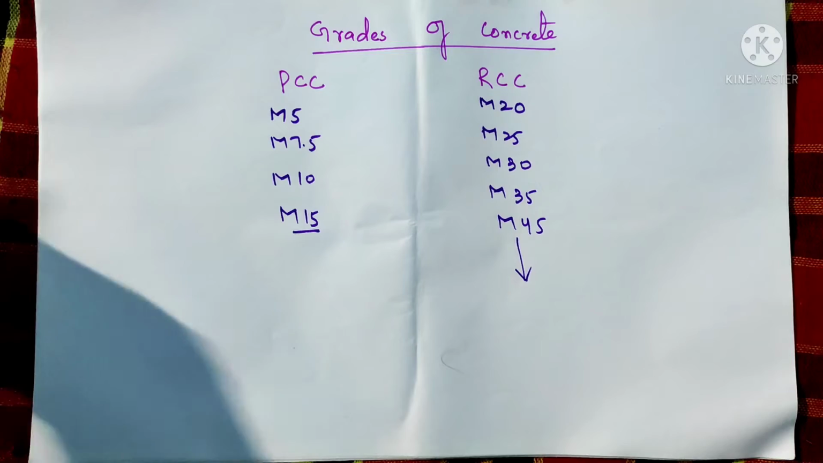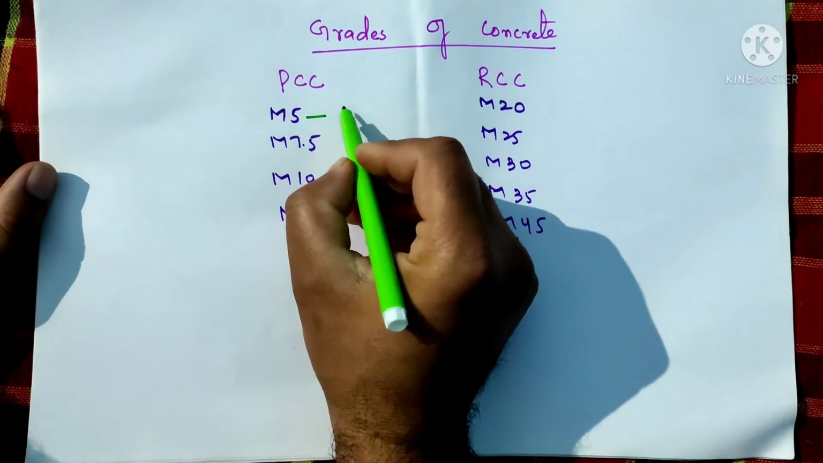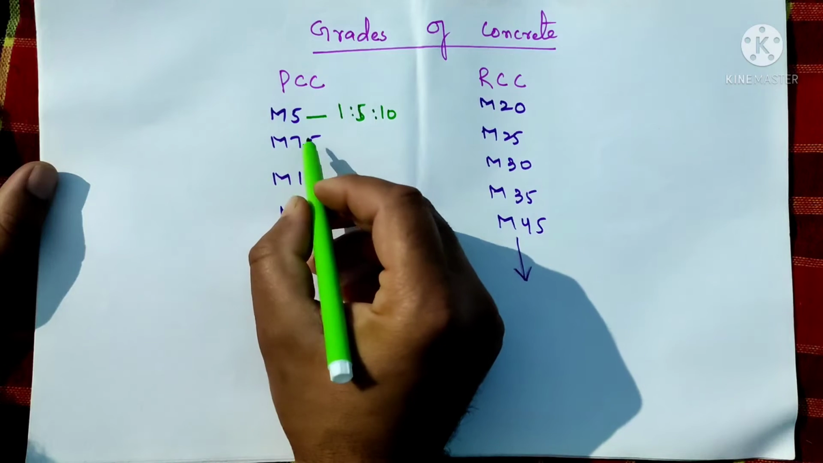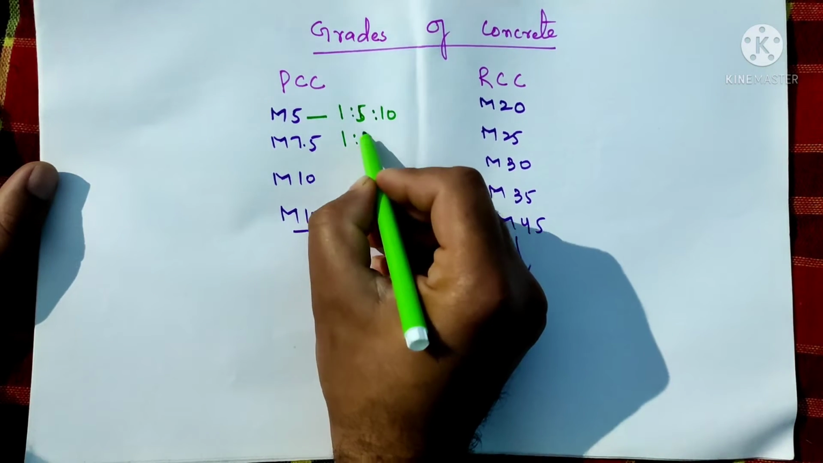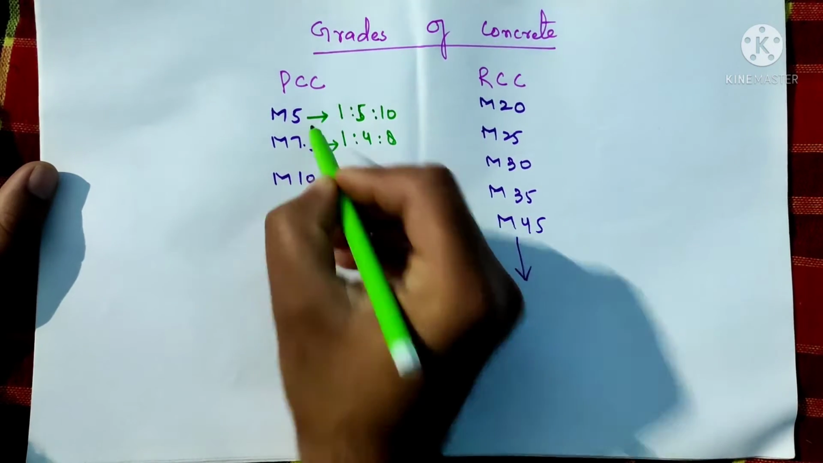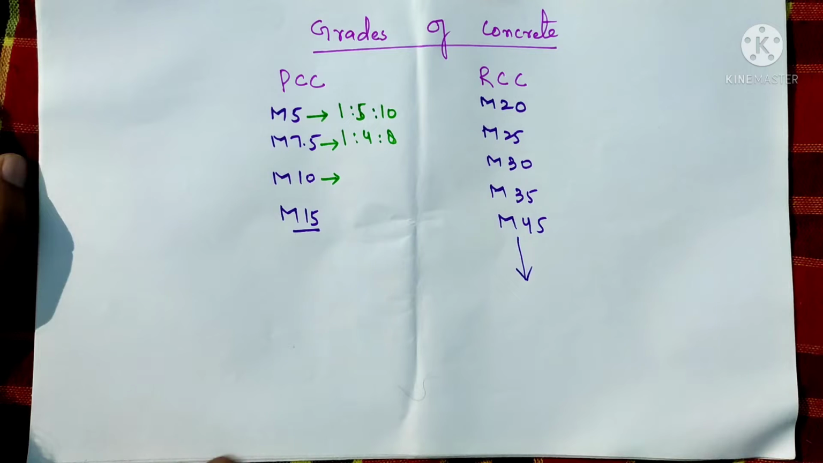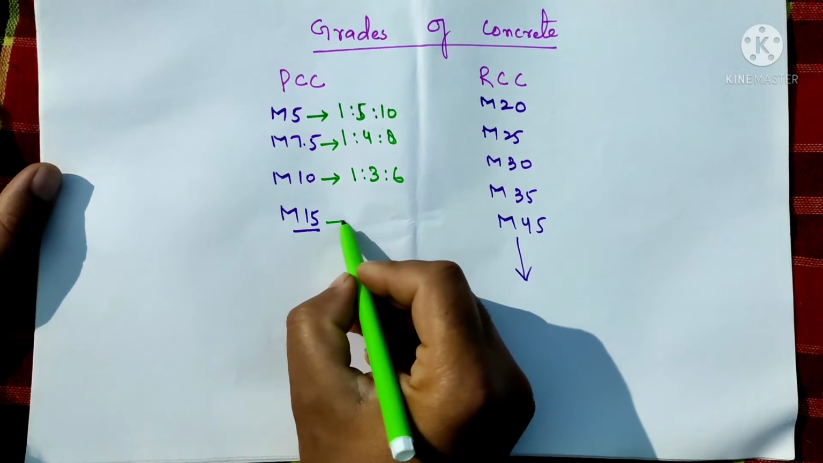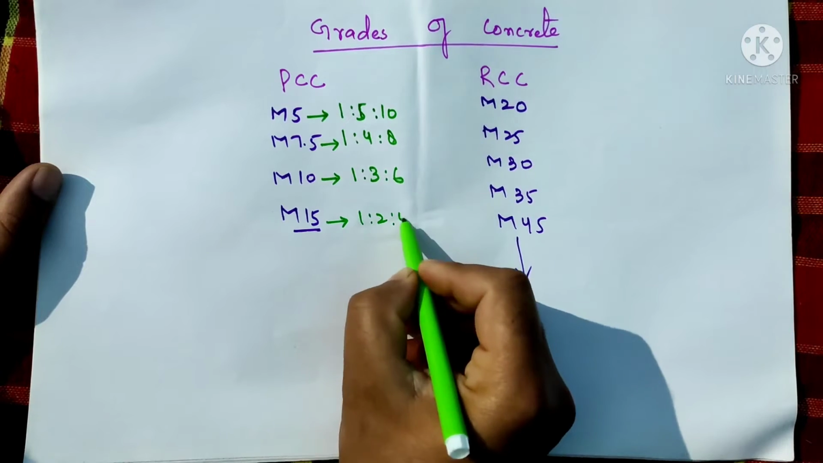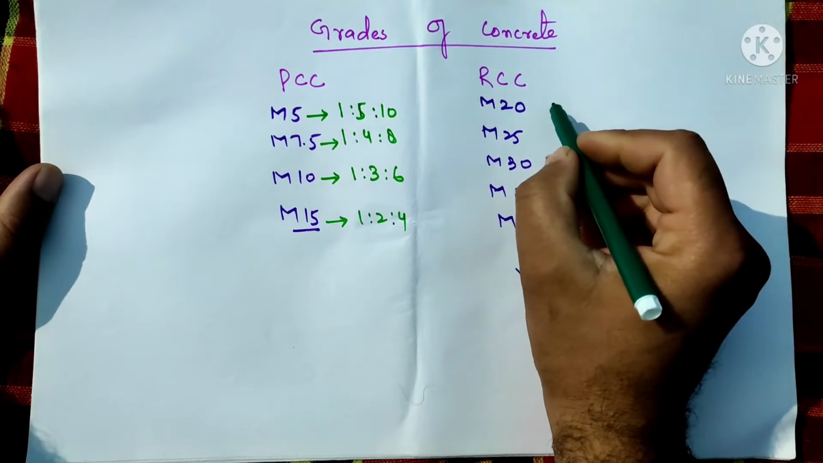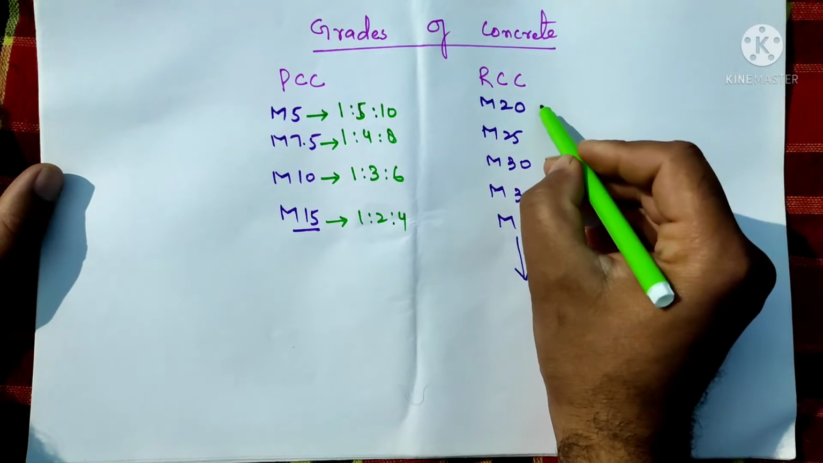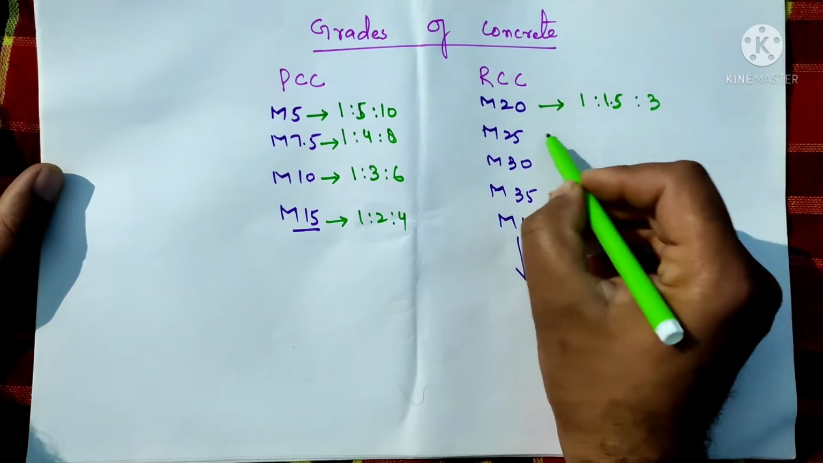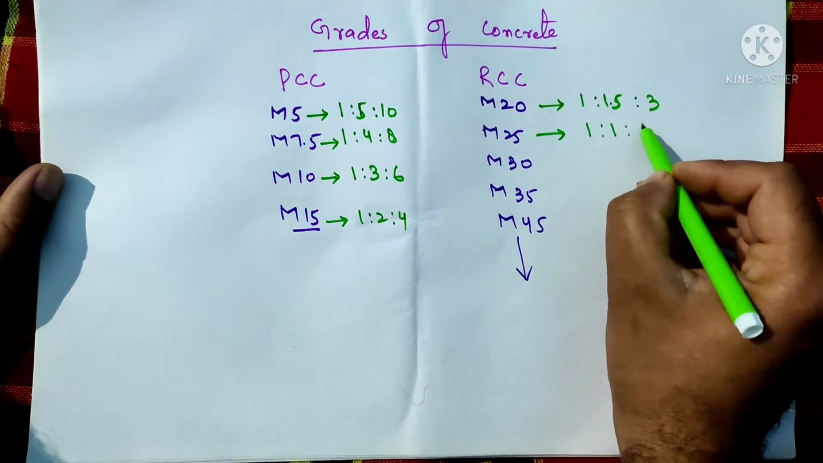So M5 we have 1:5:10. M7.5 is 1:4:8. M10 is 1:3:6. M15 is 1:2:4. M20 is 1:1.5:3. M25 is 1:1:2, and these